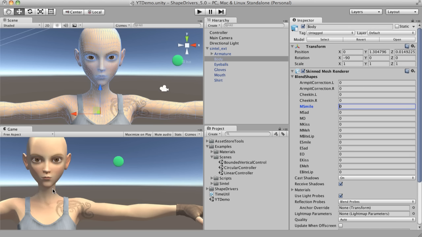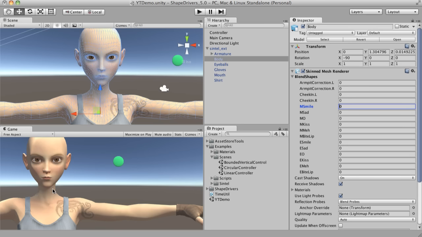Now Unity has had this functionality for a while, but there hasn't really been an easy way to drive these shapes unless you're either setting them in the Inspector, which isn't very dynamic or useful in most cases, or setting them through script, which not everyone is a coder and can take a lot of time. So what this asset does is it allows you to control these shapes based on a variety of inputs on